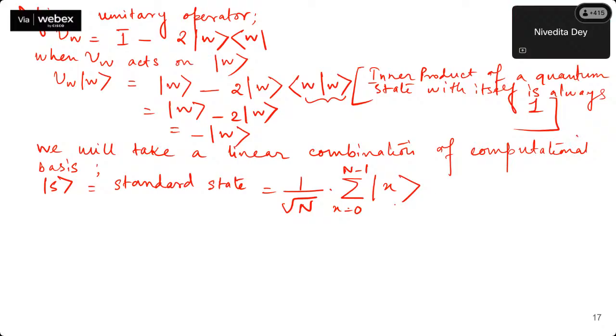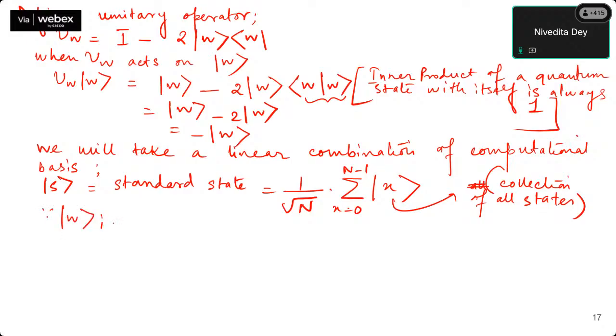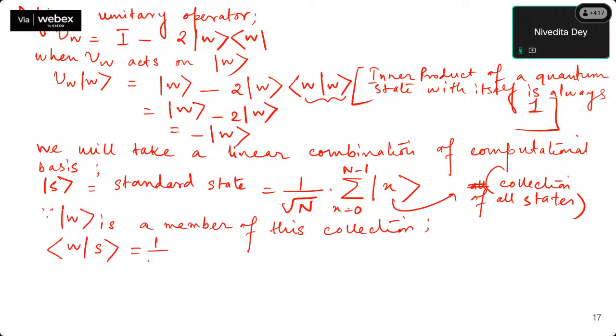But this is a collection of all states, and this is how I am making it a uniformly superposed combination. I'm adding the 1 by root N factor, and I am adding a plus with all the bases. Once that is done, now by definition, since ket W is a member of this same collection of computational bases, that means my WS will be 1 by root